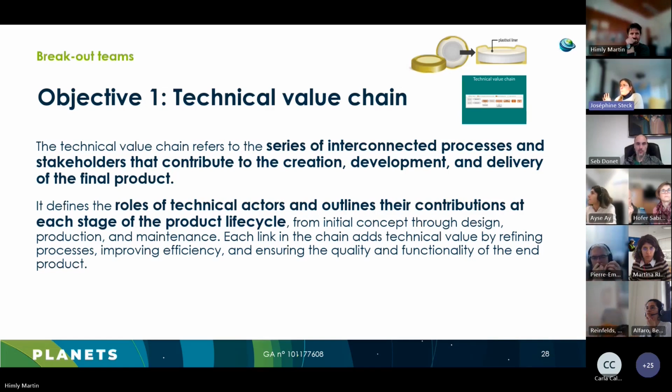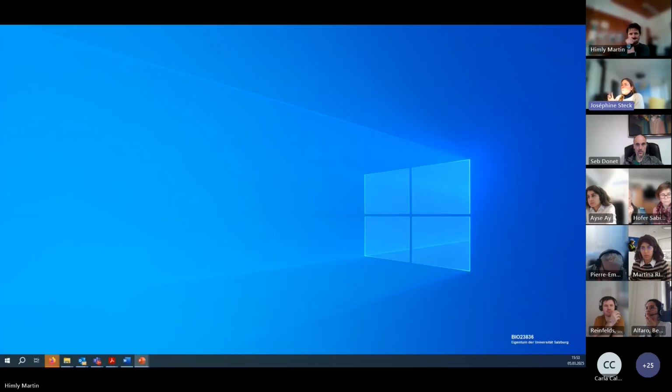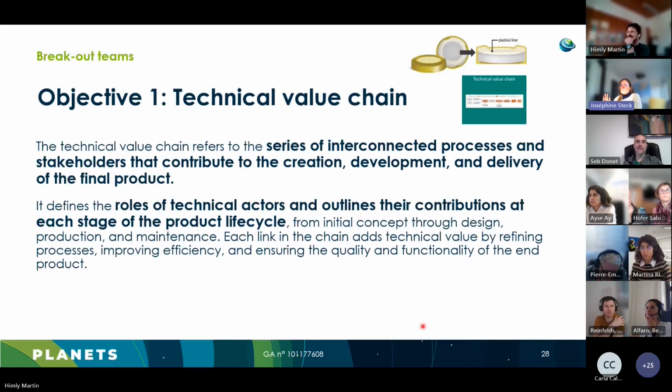So we would like you to perform the technical value chain of the case study presented by Martin by using a series of interconnected processes and stakeholders that will contribute to the creation, development, and delivery of the final product, which is a